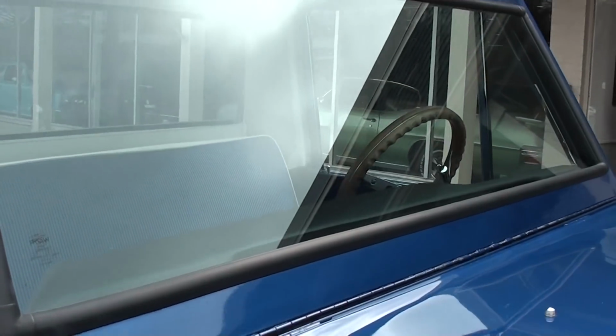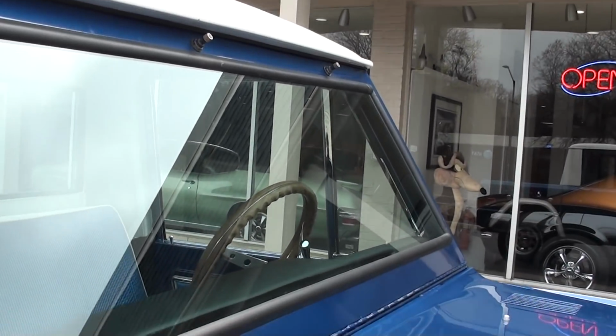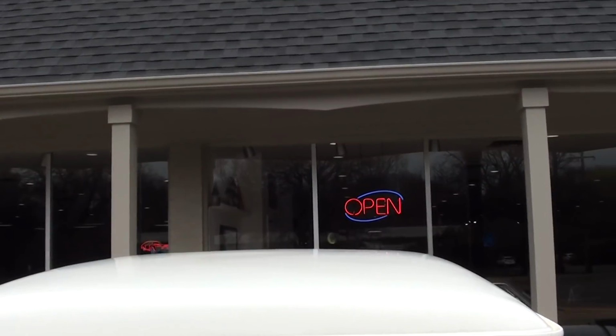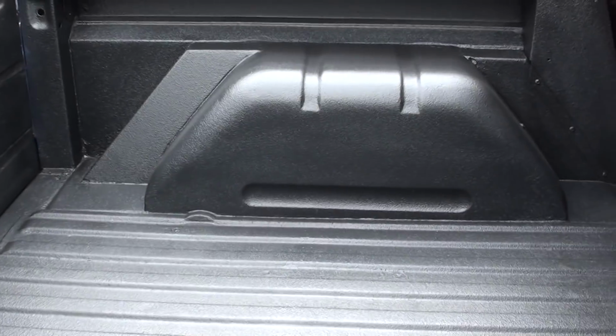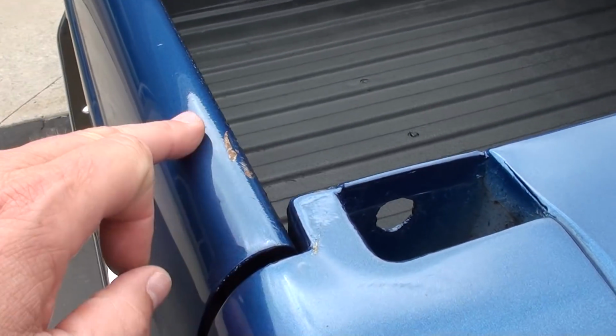Pretty paint. Again, this front windshield is brand new. Actually, all the glass in the truck is new, but that front paint is brand new. It had a little rock peck in it, so we changed it. I love the Hounds Tooth interior. They've done that rock guard in the bed here, so it's very usable. You can see a little touch-up mark there where